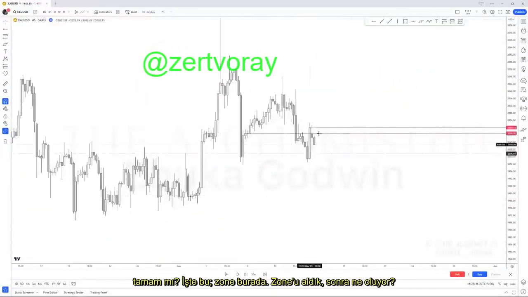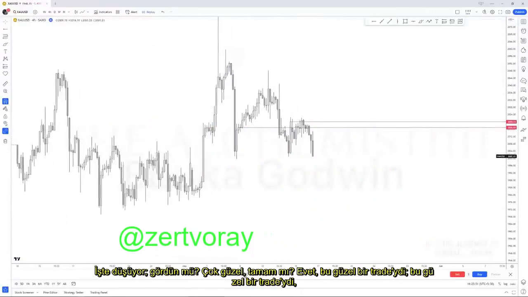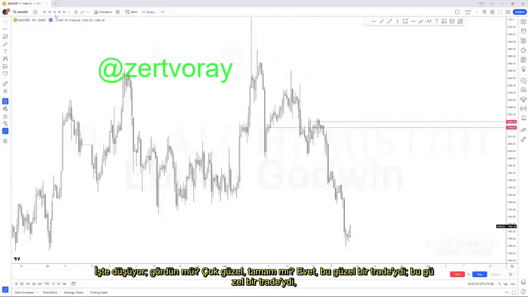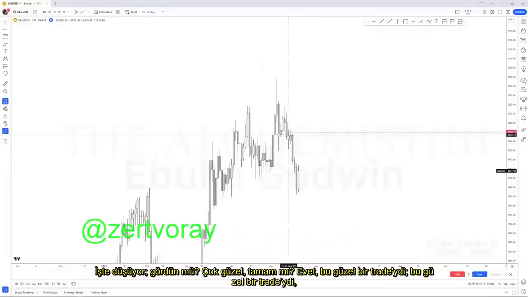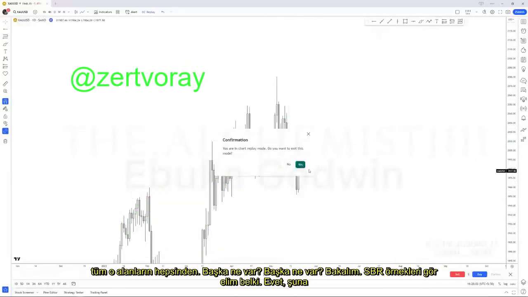So there we go. We have that zone in here, and then what happens? There it drops. See that? Very nice. Yeah, that was a nice trade from all those areas. And what else? Let's try to see more examples of